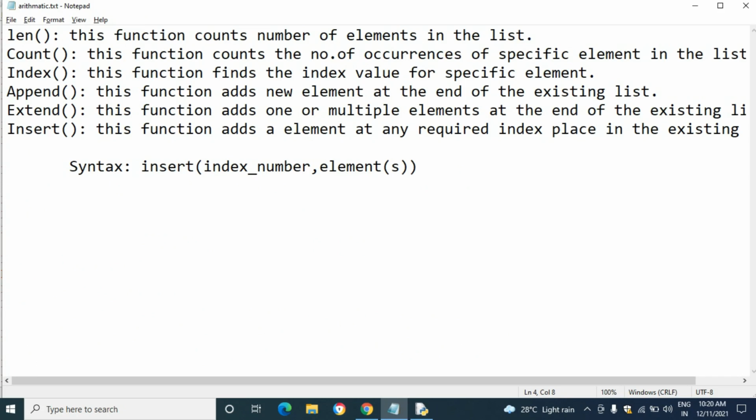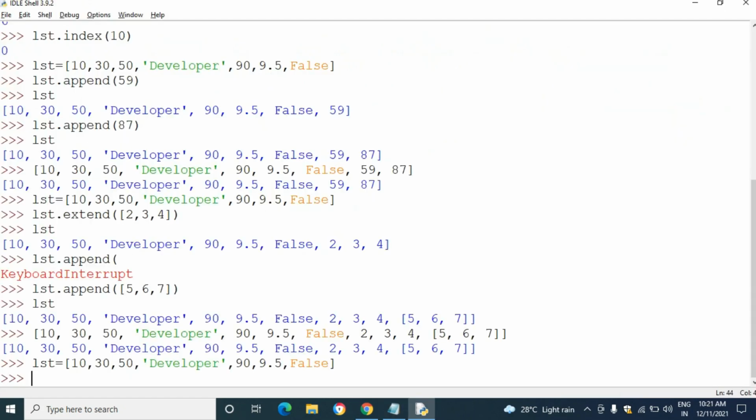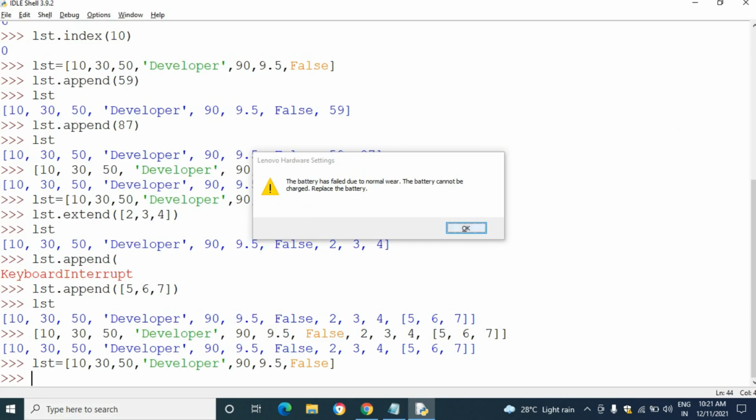I am taking the list, then I want to add. The syntax of the insert function is insert, then the index number. The index number is the position at which you want to insert that element. If you want to insert an element at the third position, the index number should be given here, and then the element, whatever element should be inserted inside the list.